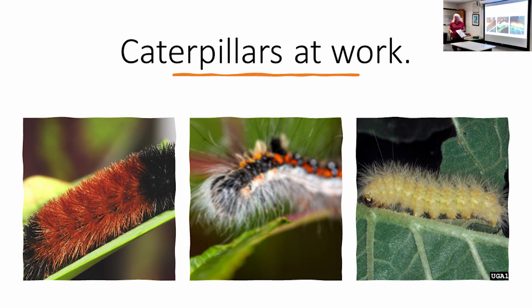Another thing that I'll say about caterpillars, when they do eat a lot of leaves, I like to think of a beautiful, well-tended pollinator garden as having leaves that have bites all over it, or some leaves are completely gone. And we have to change our idea of what we think is a beautiful floral situation. I know a lot of people think of the tea rose, beautiful, perfect leaves. You have to learn, if you're going to get into this and really try to share it with others, we are going to have to change our settings so that we appreciate when we see that there's caterpillars that have